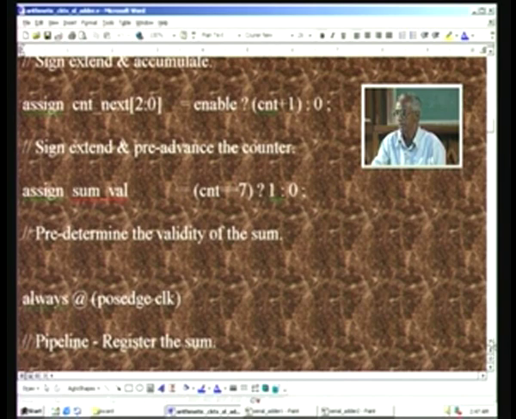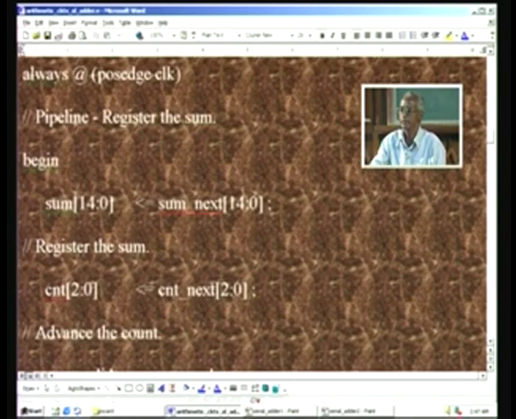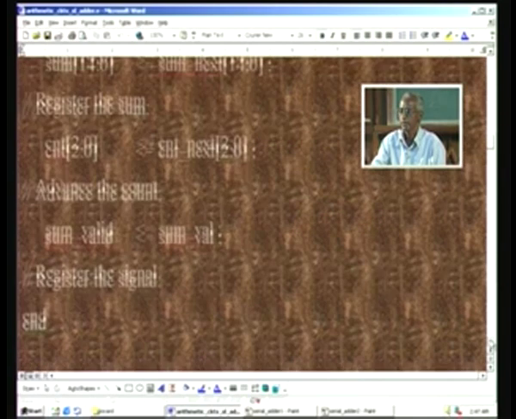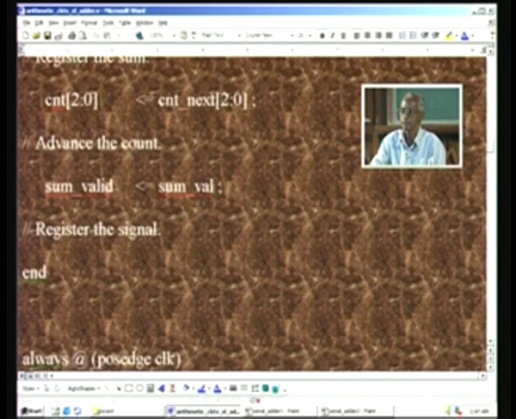And next is the always block, positive edge clock, we are taking the final sum and merely assigning here. So, this is what is already computed, and we merely assign to the final output, which is sum, and similarly the count next, which was pre-incremented earlier, is assigned to this count register, and this is for advancing the count. And naturally the sum valid which was assigned earlier is actually output to the register,